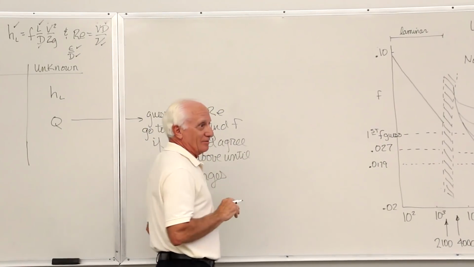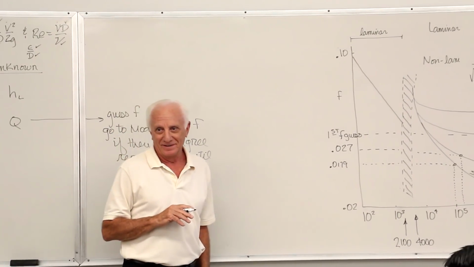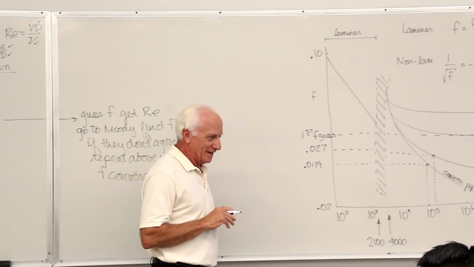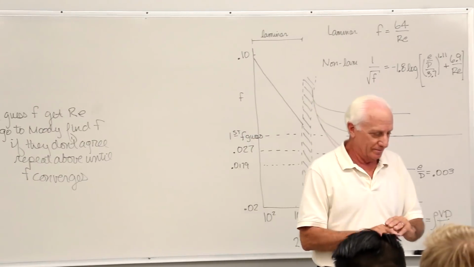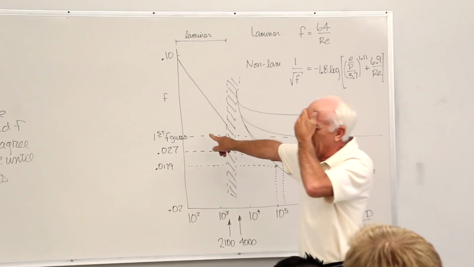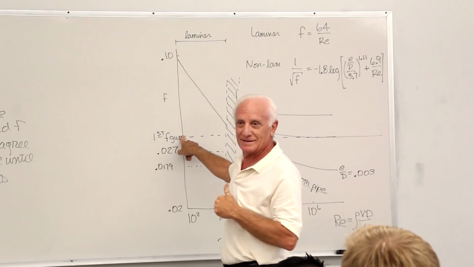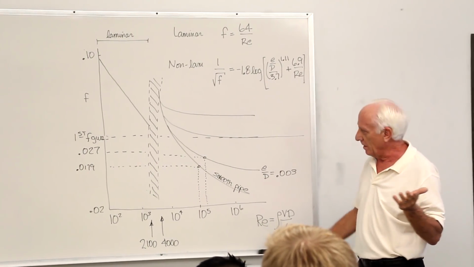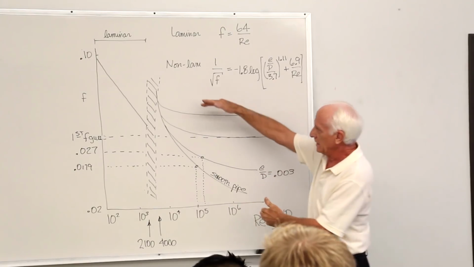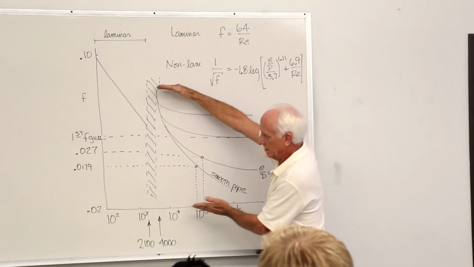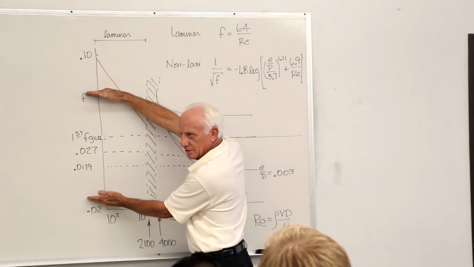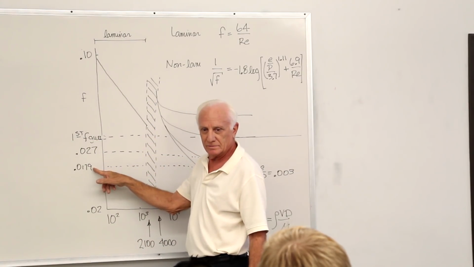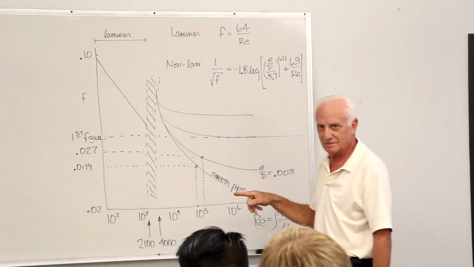What if it's a smooth pipe? If it's a smooth pipe, all bets are off. Does it ever get horizontal? No. What's a good F guess? Well, I don't care. Close your eyes and walk up there. There, I think right there, that's good. Conclusion: a good F guess for a smooth pipe is probably in the middle, from here to here. Right here, maybe .030. It won't matter. It's going to be iterative anyway.